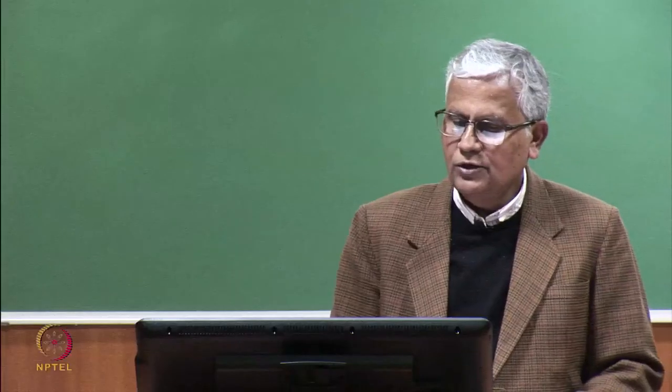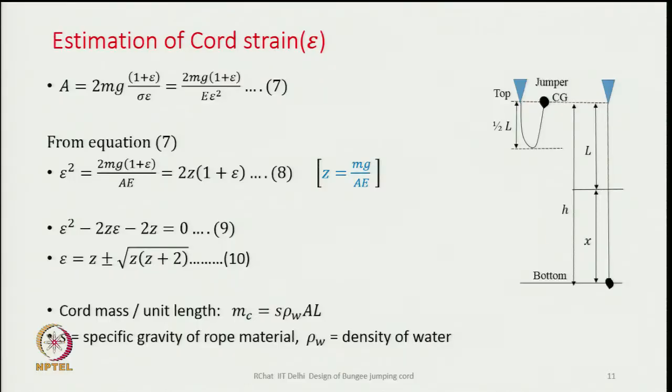That is, if we go back and look at this estimation of cord strain, see, this is the equation which is connecting the area of the cord with the weight and strain, which I have already seen. From there, simply expanding this, we can write from 7